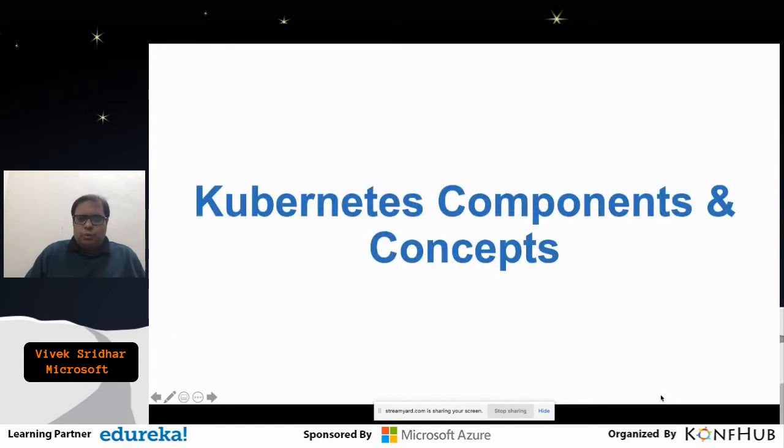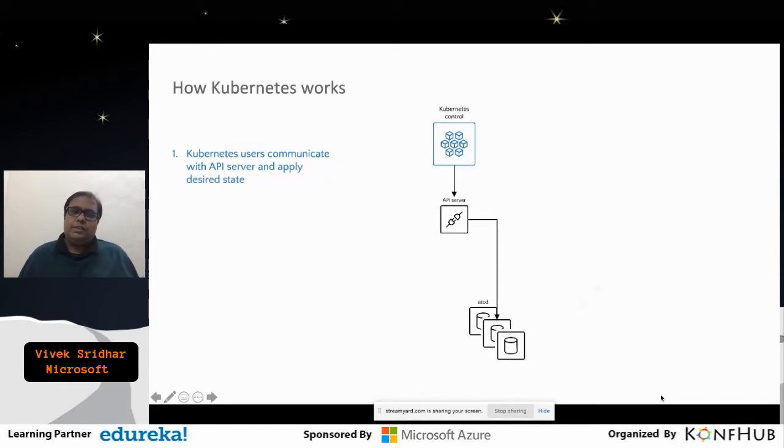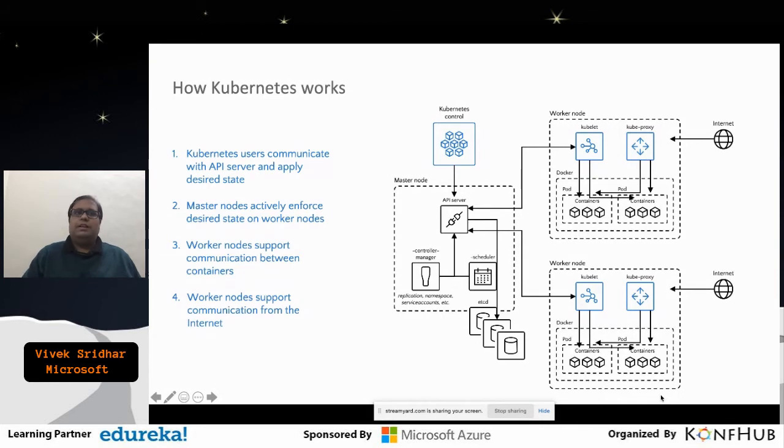So I just want to give the architecture overview. How exactly does Kubernetes work? It's very similar to any master-slave model, client-server model. There is a master and there are worker nodes. The master controls the execution, and the worker nodes execute the individual jobs, the individual tasks assigned to them. So from an architecture perspective, from the way it works, at the top you can see that there is something called the Kubernetes control